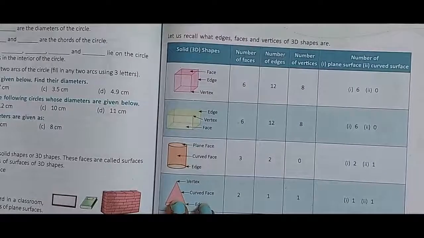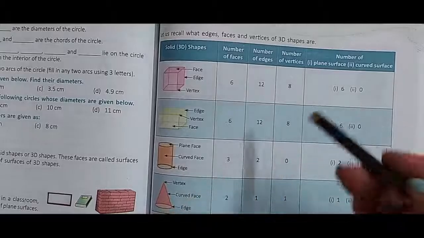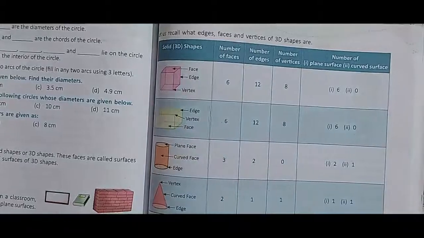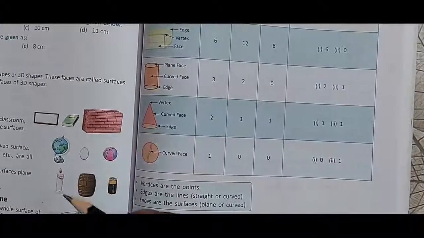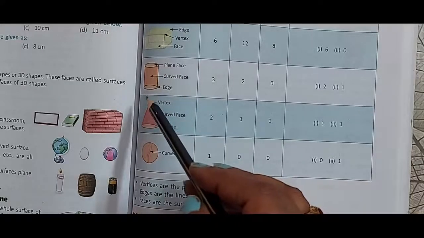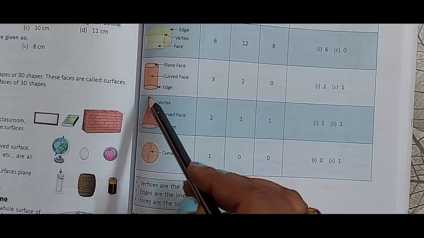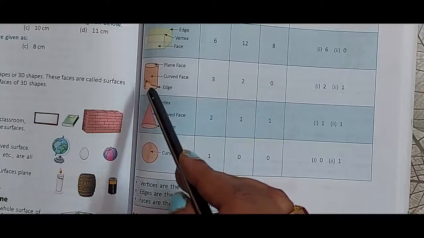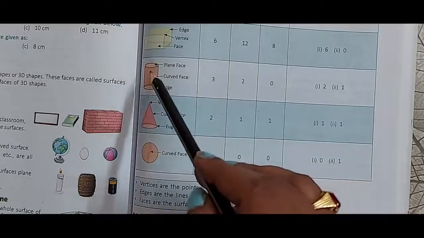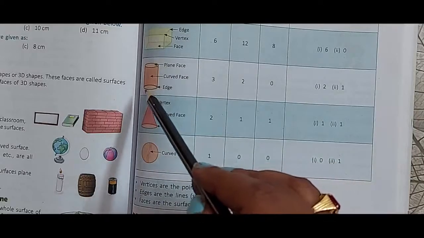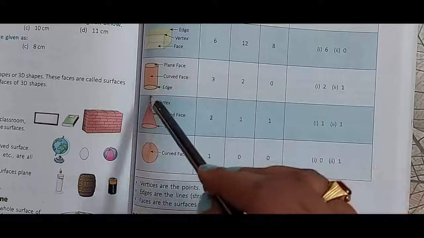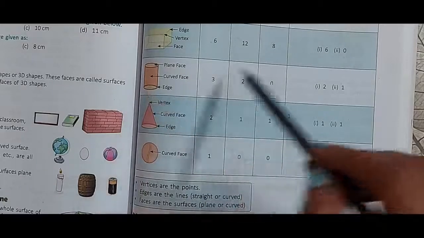Now let us come to these kinds of shapes. Already we have read about cube and cuboid. Let us come to cylinder. So cylinder has got 3 faces, 2 flat faces, that is top and bottom, and it has got 1 curved face. So total 3 faces are there. Now what about edges? There are total 2 edges you can see, and both are curved edges. And how many vertices are there in case of a cylinder? There are no vertices at all.